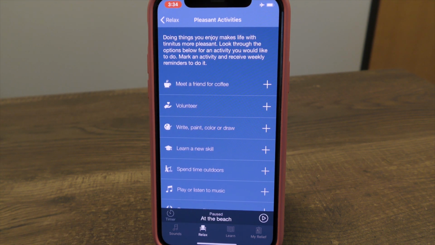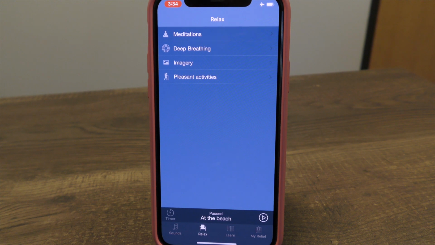So let's go back to the main screen here, and then notice too under pleasant activities, in order to get your mind off of hearing your tinnitus and really shift that focus, now we have a list of pleasant activities that you can do, again, to change that focus. Instead of being on your tinnitus, now you have it on your activities. So this is just a small list. Of course, there are things that may appeal to you, others that don't, and that's okay, but at least it gets your mind started on activities that you enjoy.